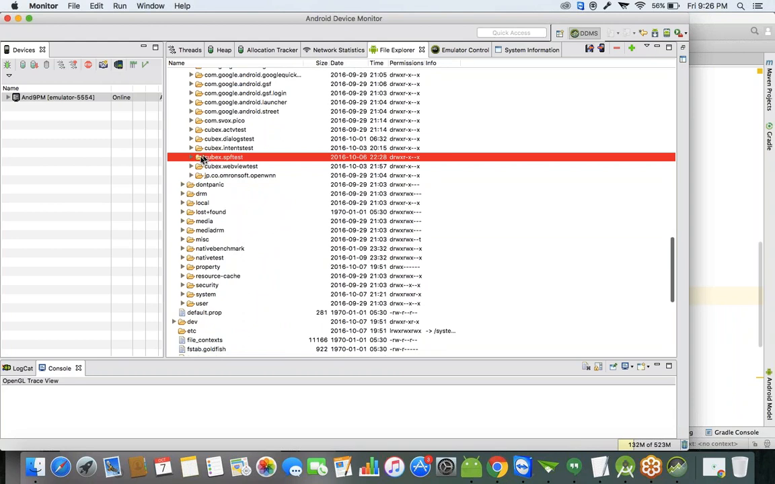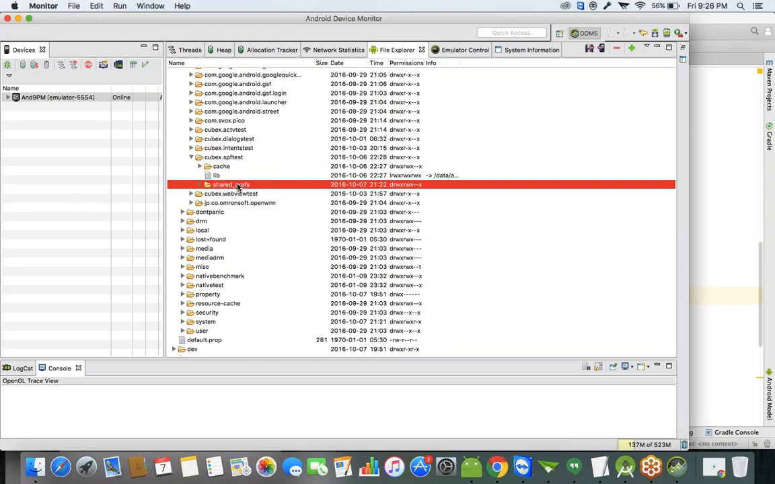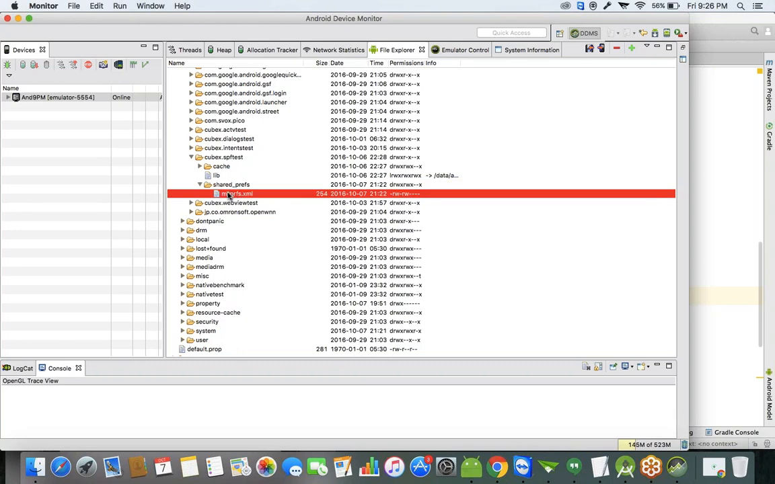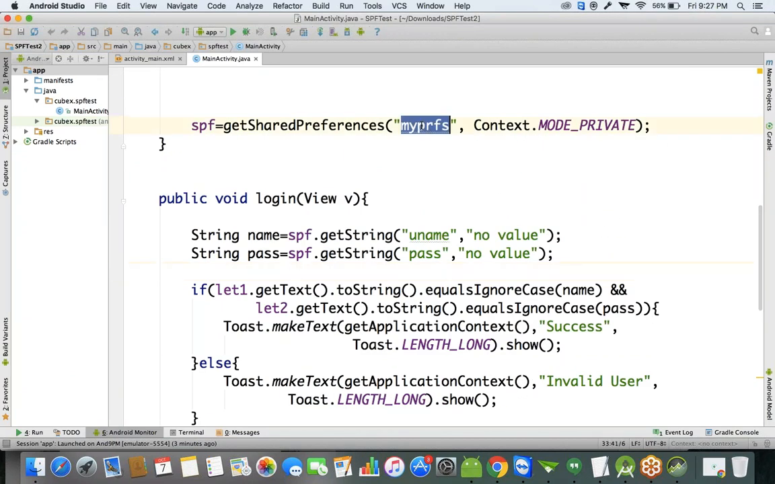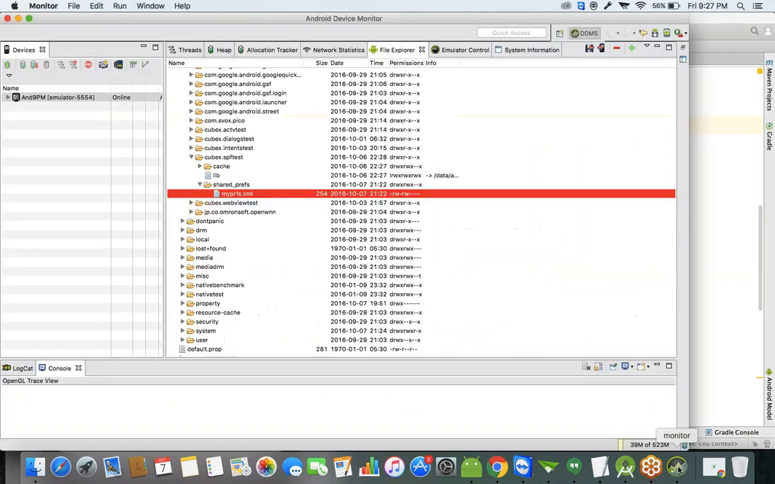Let's click on this cubex.spftest, and you can find a folder called shared_prefs. In this shared preferences folder, you can find an XML file, myprfs.xml. Internally, whatever name you specified for your shared preferences, with that name an XML file is created. If you want to see what this XML file contains,